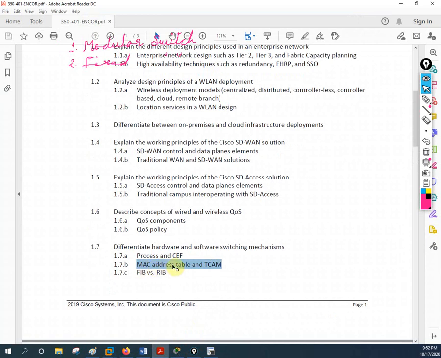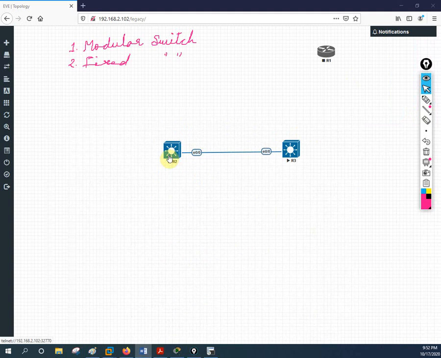From here we will have our syllabus. If you see here, the MAC address table and the TCAM table. This one we are going to start in the next video. From the next video our main syllabus will start. We are going to discuss the MAC address table and the CAM table. But before doing this, I can do some configuration in the switch and show you, then we can close this session.